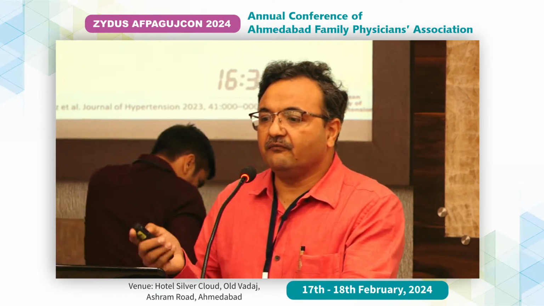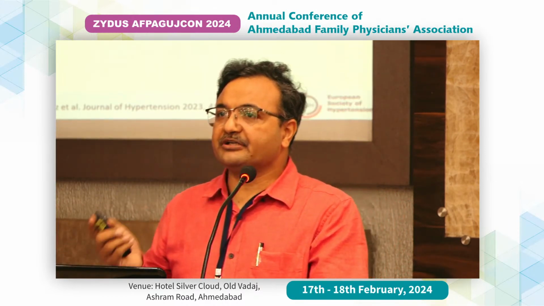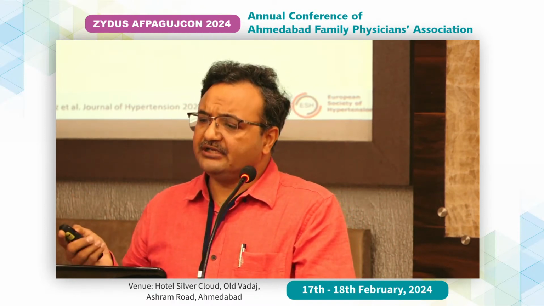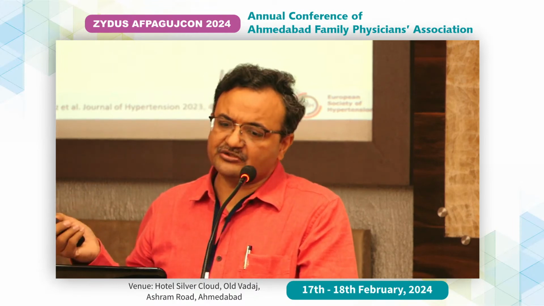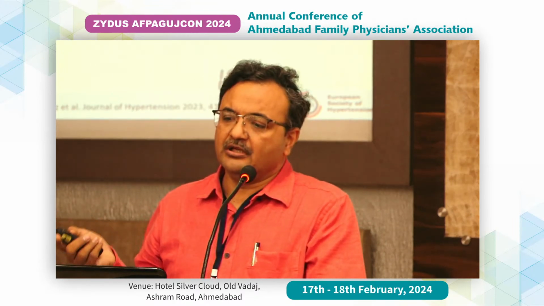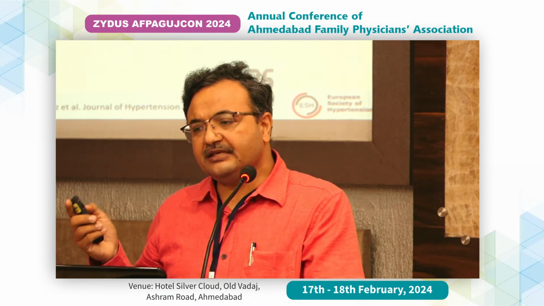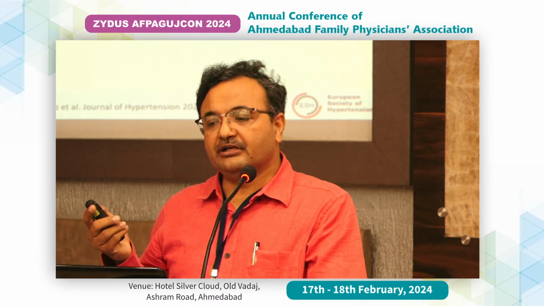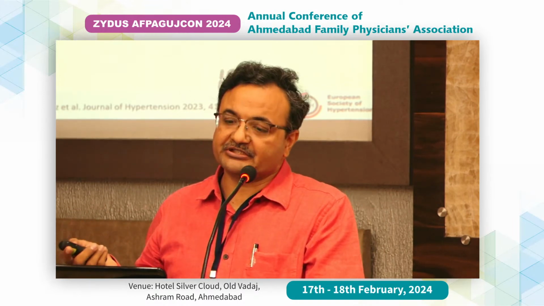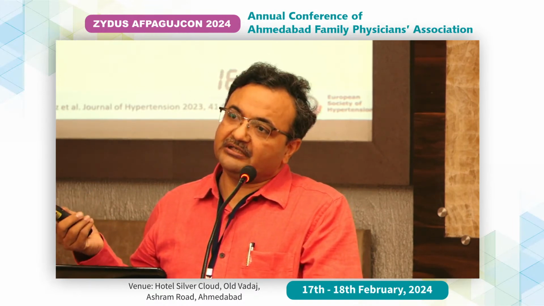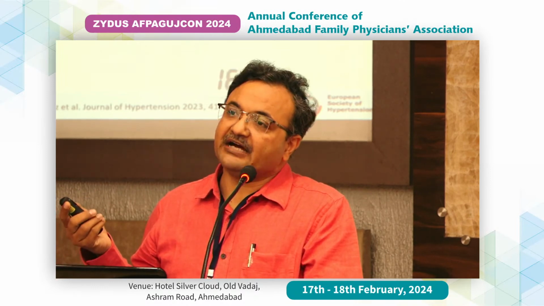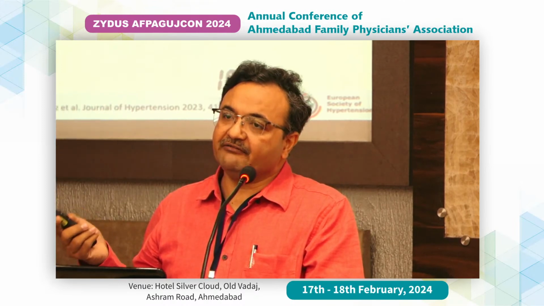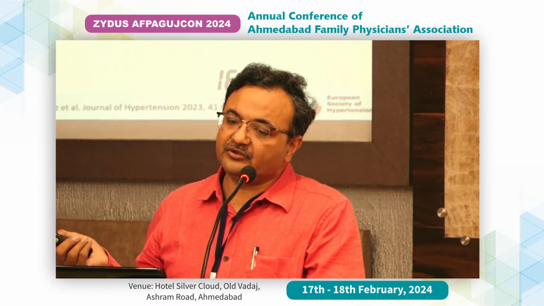And how can we classify the blood pressure measurement? Basically, we all know that less than 120 mmHg systolic and less than 80 mmHg diastolic is optimal. 120 to 130 and 80 to 84 is normal. If a patient has 130 to 139 systolic or 80 to 89 diastolic blood pressure, then it is high normal, and anything above 140 up to 160 is grade 1, 160 to 180 is grade 2, and more than 180 is grade 3.